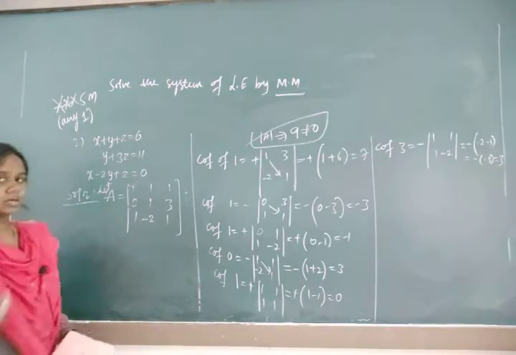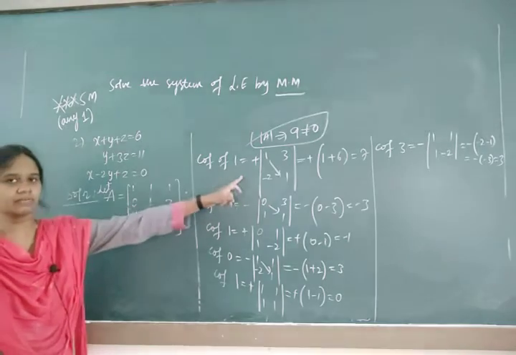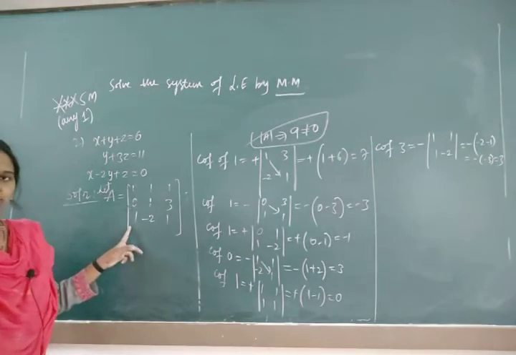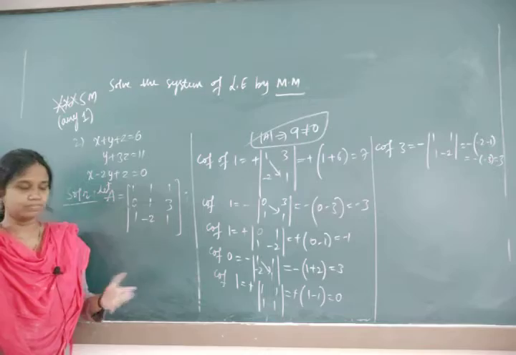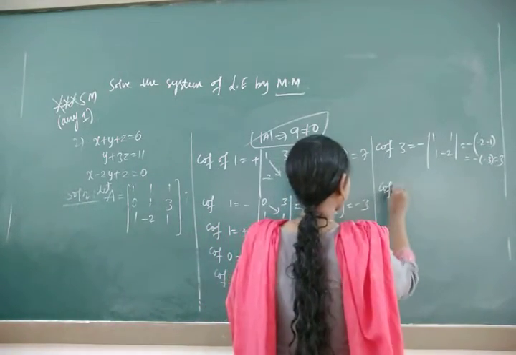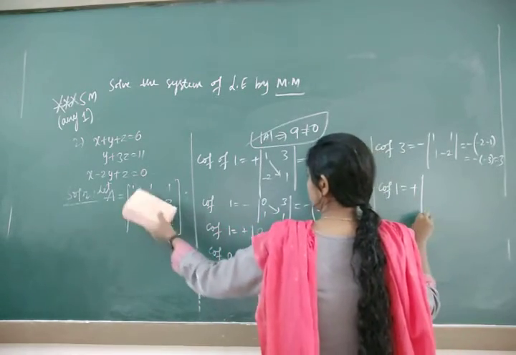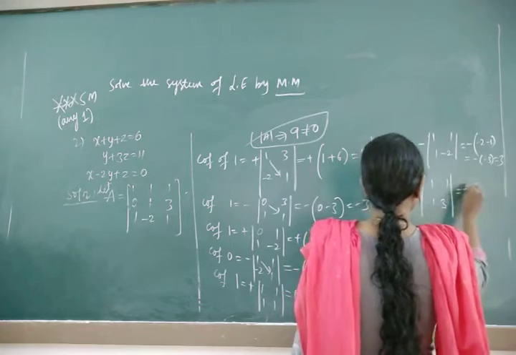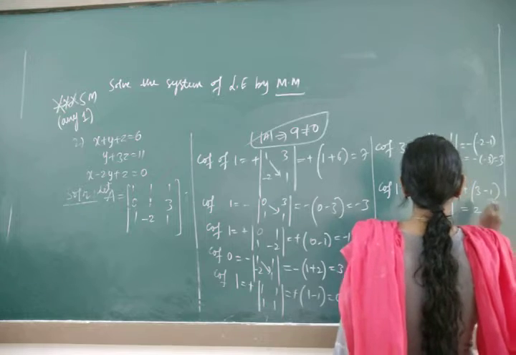Right. Next we will have these three cofactors of third row. So while coming to the third row, sign will be plus minus plus. Remember, alternate sign, starting with the plus, second minus, third plus, again minus, like that. So it will be a plus. You have to delete third row and first column. Cofactor of 1, plus, deleting third row first column, it will be 1 1 1 3, plus it's a 3 minus 1, it's a 2.